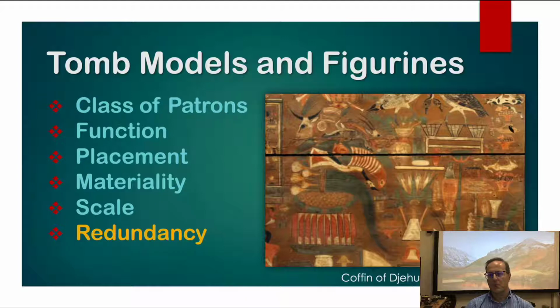The other thing we note is that both in Egypt and in China, there is this idea of functional redundancy, that the people buried in the tomb, their descendants, were very concerned that they would not have enough to eat. And so they provided them with real food offerings, but they also gave them models and figurines which would make food for them in perpetuity. And they also gave them carvings, like you see in this case on Jehudi Nacht's coffin. His carving is full of birds and fish and meat and all the things that he would receive. These images would make those food real.